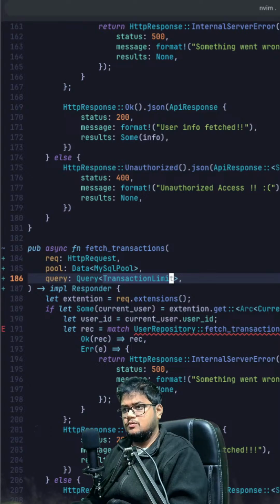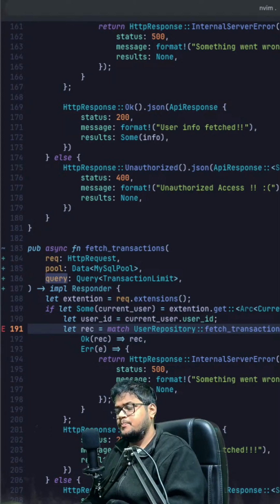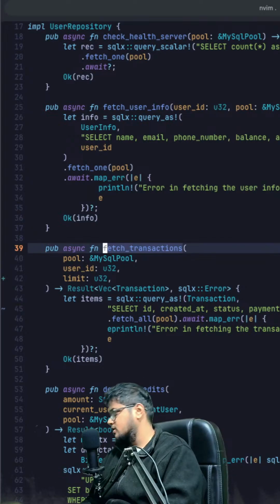So let's go on controller. Here I can pass the query dot limit. Of course, it should be separated by this thing, right? And yes, we have